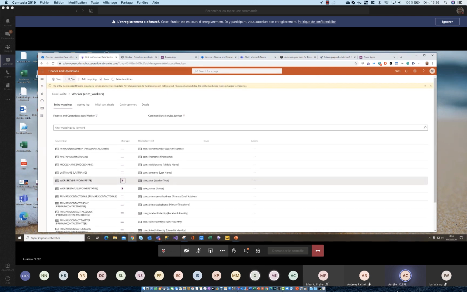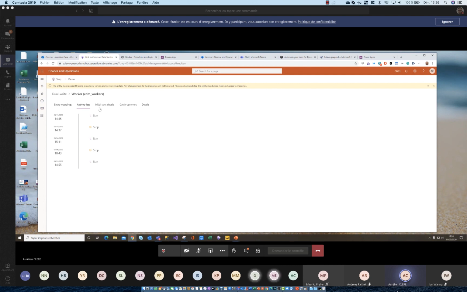You can see this one, it's already in a live sync. So every time I change a worker on CDS or in finance operation, it's directly synced. But you can stop or pause a mapping at any time if you have some errors. And you have the activity log.